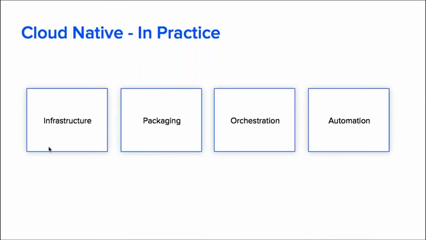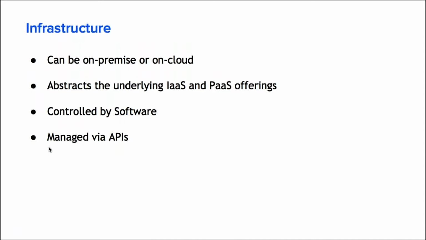Okay, let's go further. Let's now see how we could have a cloud native system in practice. There are 4 pillars which I think of. One is the infrastructure, using which we build our backend infra. Then how we package the application, and how we deploy those applications into an orchestrated environment like Kubernetes, and how we can have automation around those things, such that we have CI/CD pipelines, automation of the infra, and so on. Now we'll dig deep into each one of them. Let's go to the infra part.